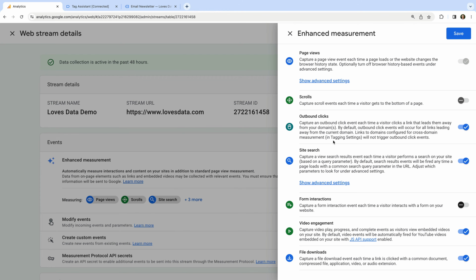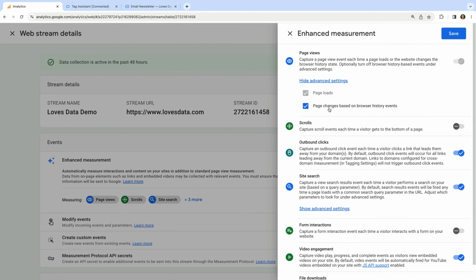For page views, you can disable the page changes based on browser history events option. By default, this option will automatically track page views when the URL of the page changes without the page reloading, or if content is loaded into an existing page without the page reloading. For example, if JavaScript is used to include additional content on a page, it's looking for history events in the